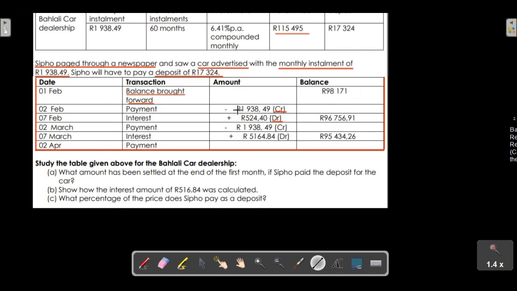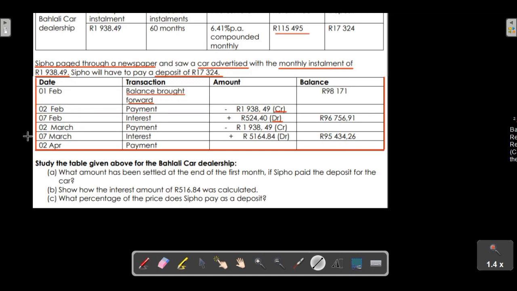So of course we have a credit. Credit is money paid into an account. Remember, this is his account with this bank. So when he is paying money into the bank, he is actually reducing the balance. Okay, so let's say